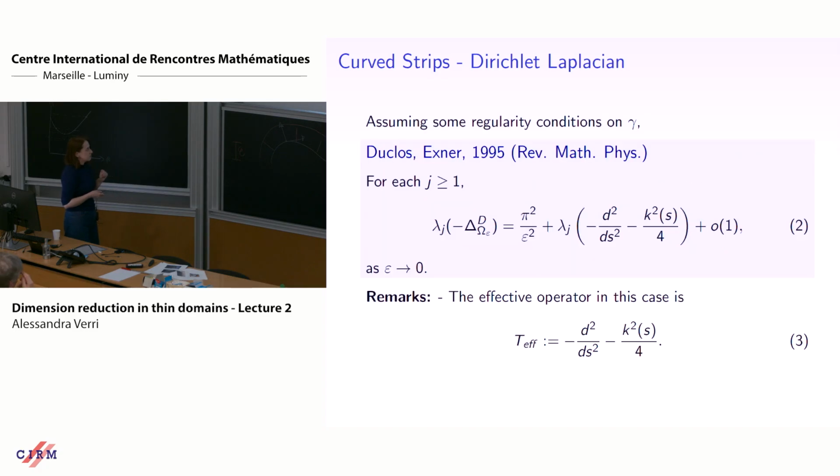So the first result that I would like to mention comes from this paper by Duclos and Exner. Here the authors found asymptotic behavior for the values given by the minimax principle. So for each j, lambda j of our original operator